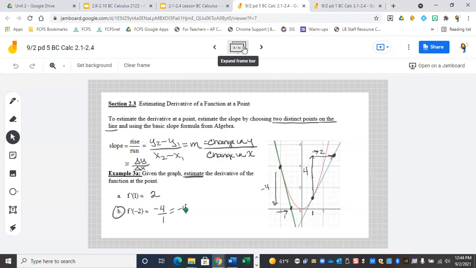Everybody come up with -4? Don't forget when you go down, that's a negative direction. Also, remember what's your other negative direction when you have to go to the left. Okay, so now you know how to do derivatives all 3 ways: algebraically, from a table, and now from graphs. All right, so a lot of times, however, they're not going to actually sketch the tangent lines